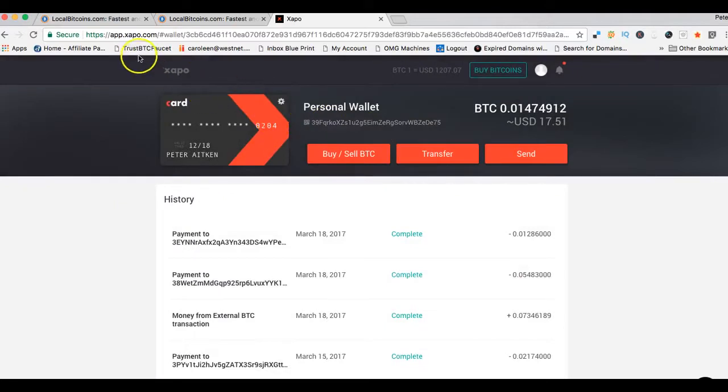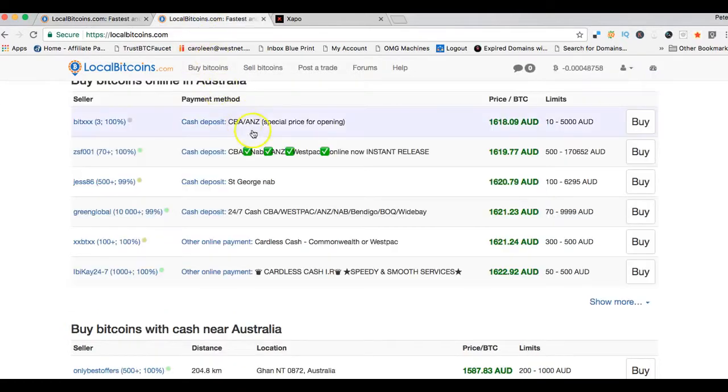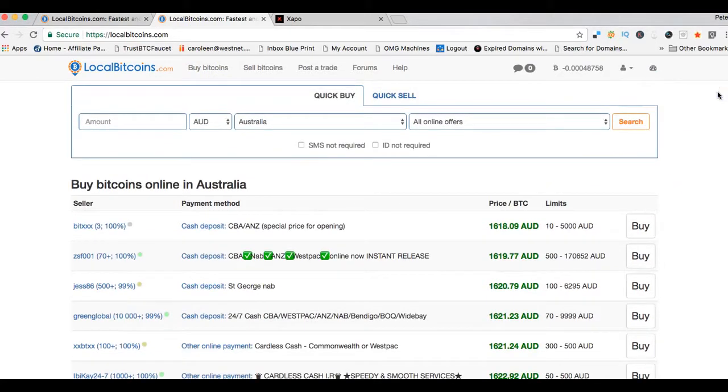Anyhow, listen, let's get back to here. Once you've signed up with local Bitcoins with your details, then you will go through and confirm your email address, everything. You'll go through to this page here, okay? So once again, the information that's supplied here is relative to where I am, okay? So this will look different when you go through to